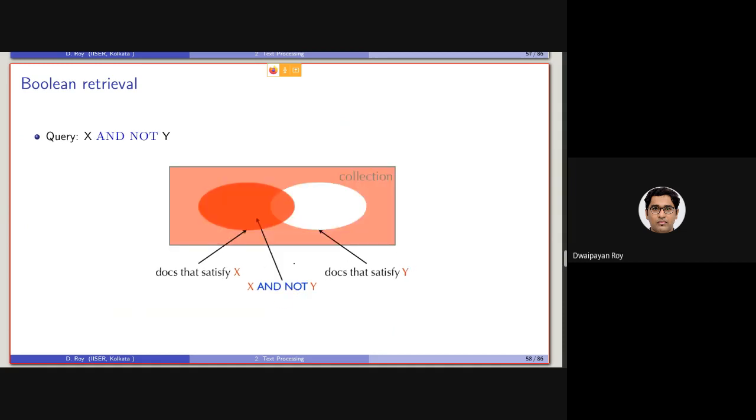And for NOT, X is this ellipse, and NOT Y is everything in the collection except this. As this was Y, everything else is NOT Y. And X and NOT Y is this part. So this part is all the documents satisfying this kind of Boolean query.